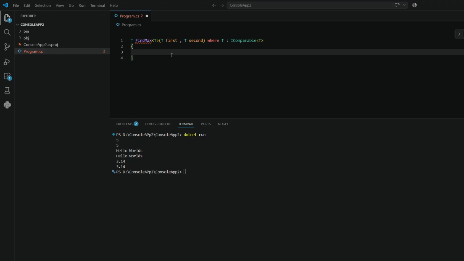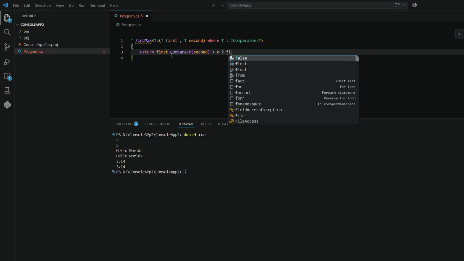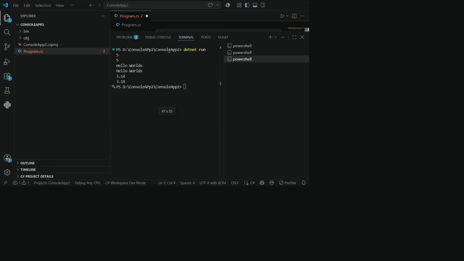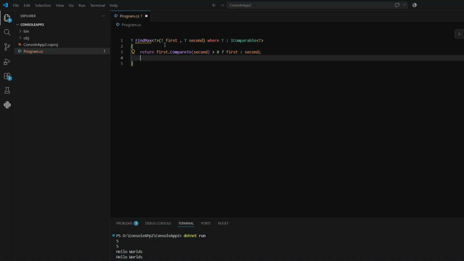Okay, and then we're going to write return first.CompareTo(second) > 0 ? first : second;